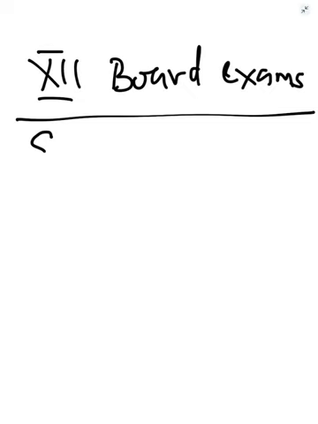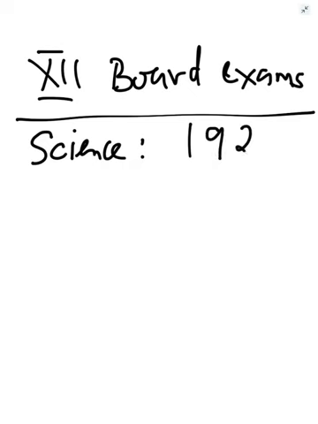Now the number of students appearing for these board exams, suppose there are 3 streams. Science: there are 192 students who have to appear for board exams in this center or this school. 192 students of science stream,